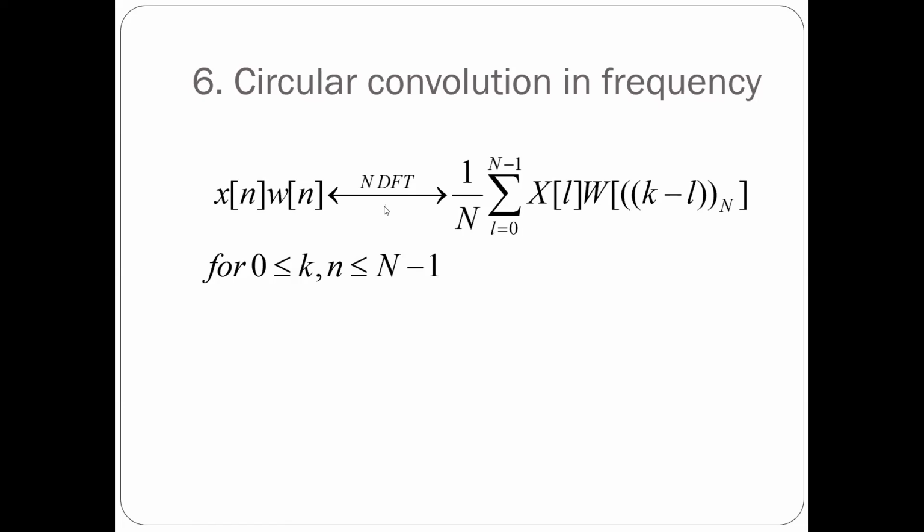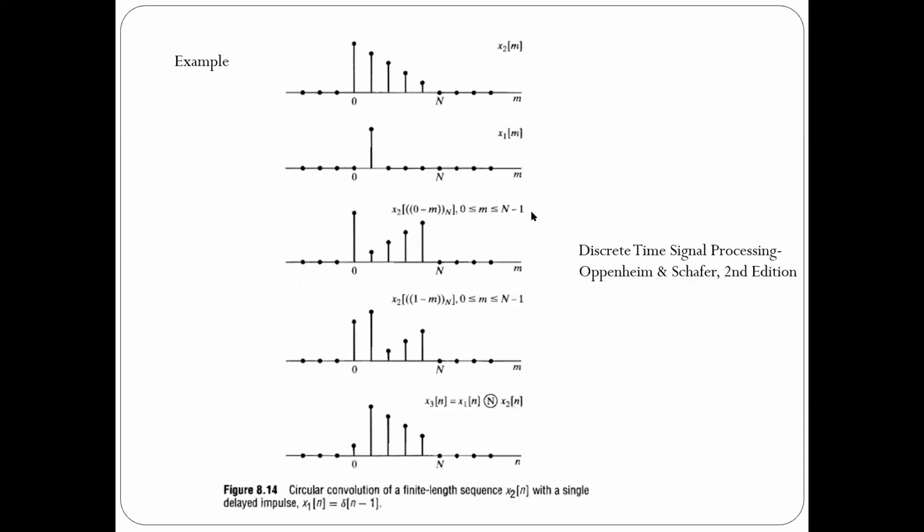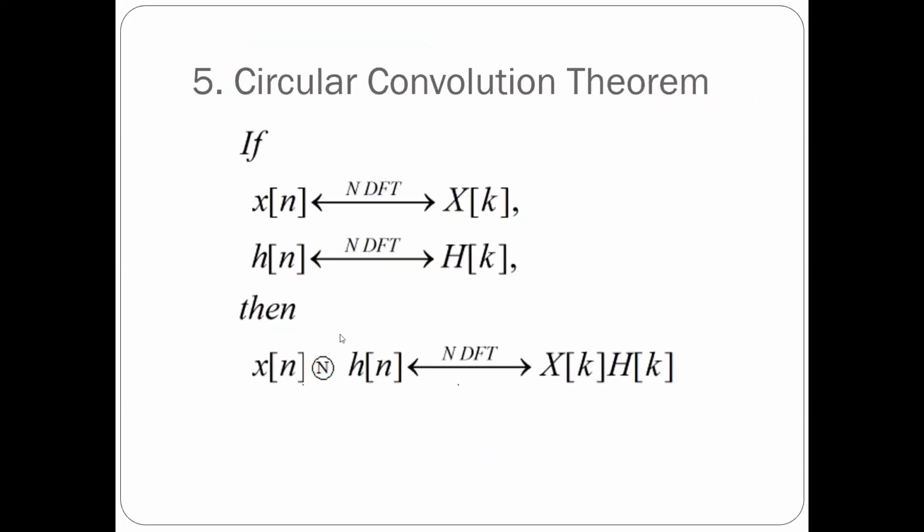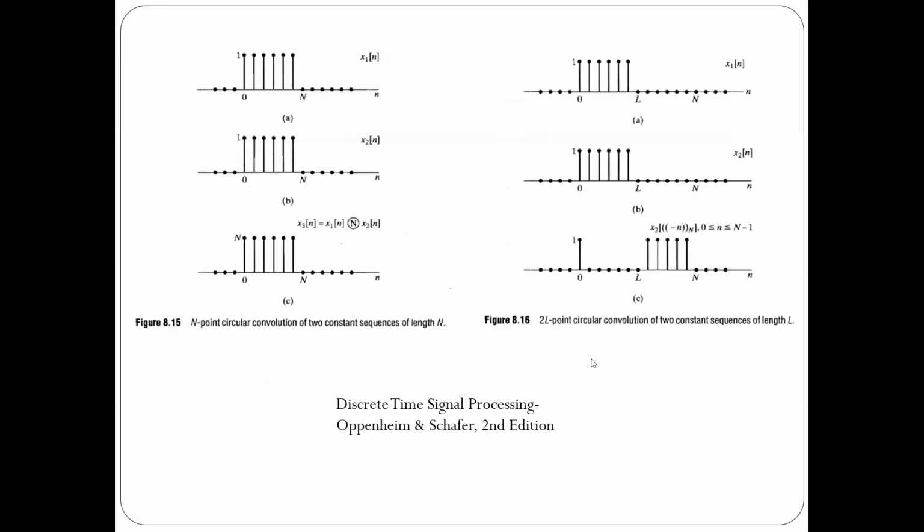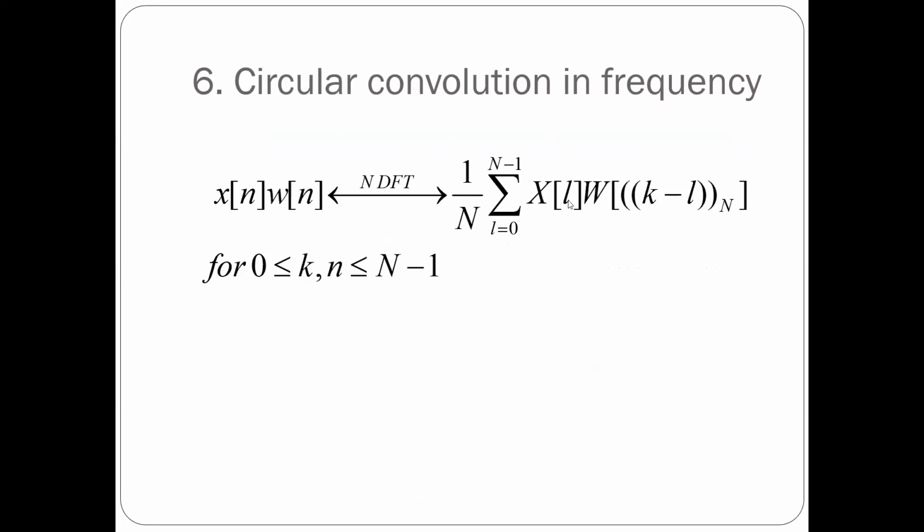So this equation looks deceptively similar to this equation. So if x of n is circularly convolved with h of n, you will have an N-point DFT given by X of k into H of k. Now, the N-point DFT of x of n into w of n is X of k, N-point, circularly convolved with W of k. I have put some function W of k, where W of k is the DTFT of the sequence w of n, small w of n.